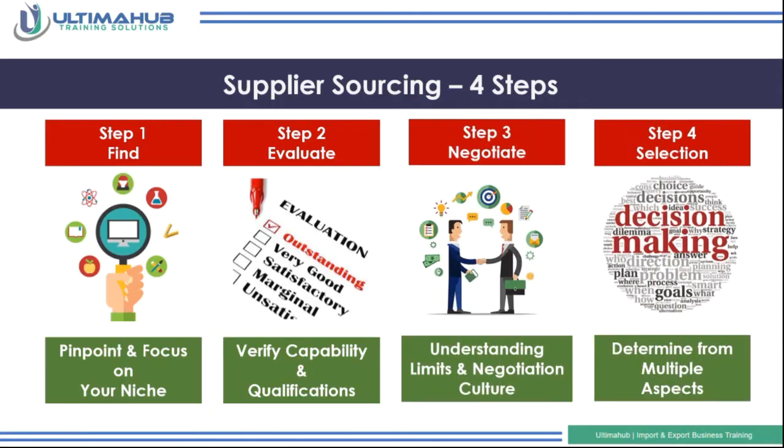So when it comes to actually sourcing your suppliers, there's 4 main steps. Now our course goes into massive detail on what to look for and how to tell if your supplier is a good one, and we have a supplier checker tool too for you to use. So the main things that you really want to focus on is to make sure that the manufacturer specializes in